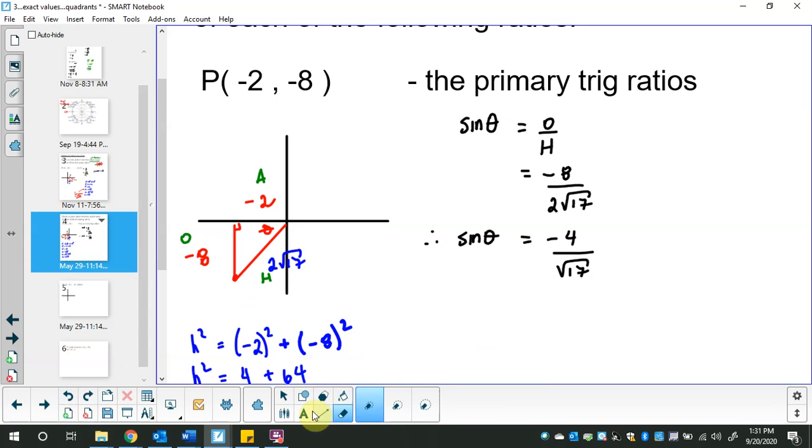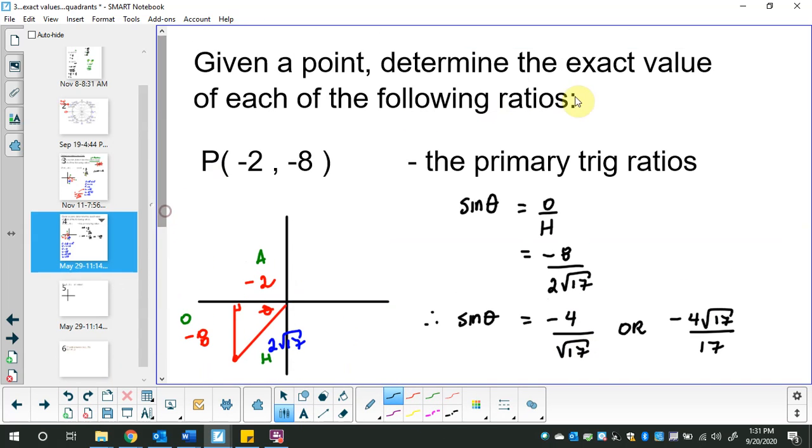But if you feel like going the extra mile, this would be your alternate answer, which if you checked both decimals would be the same one. You're not allowed decimals. This is an exact value question. It says primary trig ratio, so unfortunately,